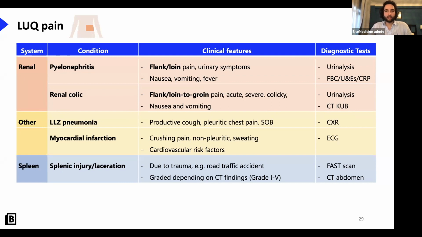So a CT is going to be so useful once this patient is stabilized, because then you can grade your splenic injury based on those CT findings. And that will help determine which patients can be managed conservatively and which patients will need to go to theatre for surgical intervention. By the bedside, we can also do a FAST scan, which is basically a jelly scan, which is done in cases of trauma,